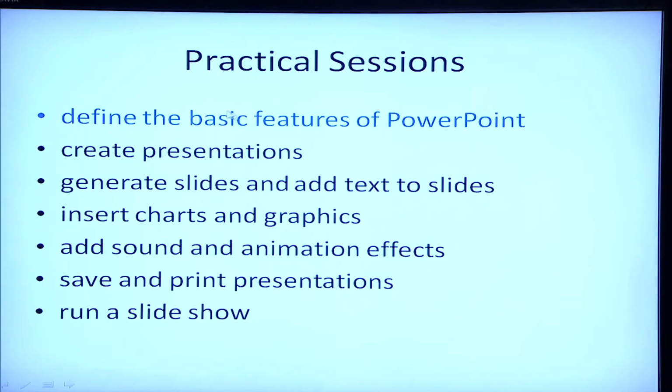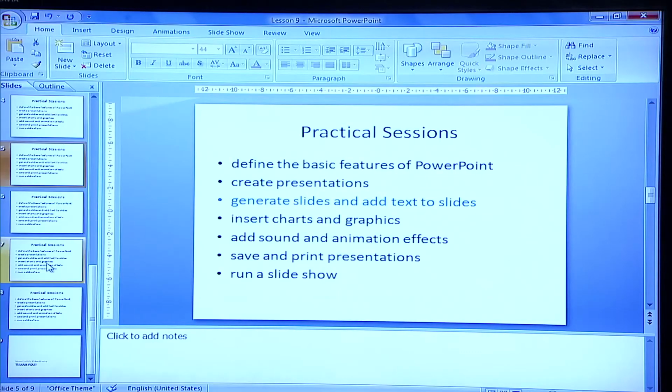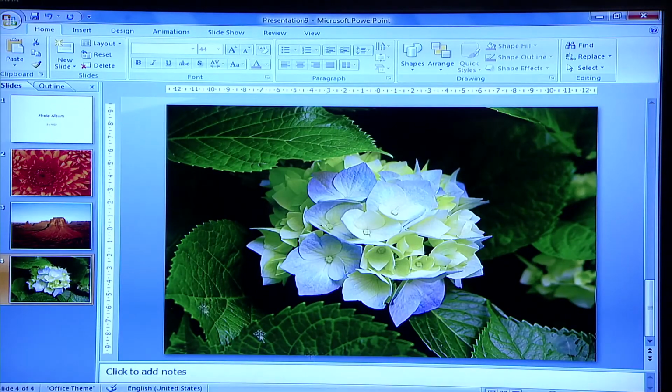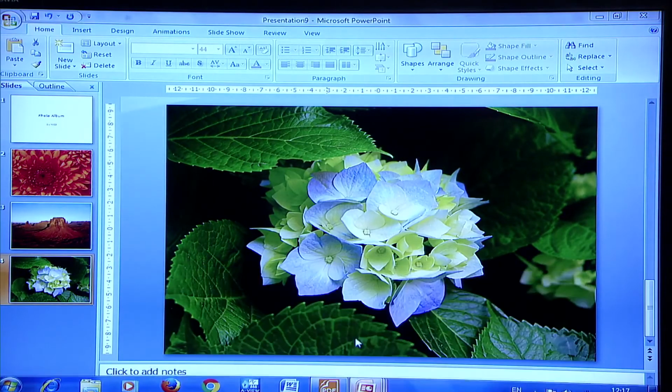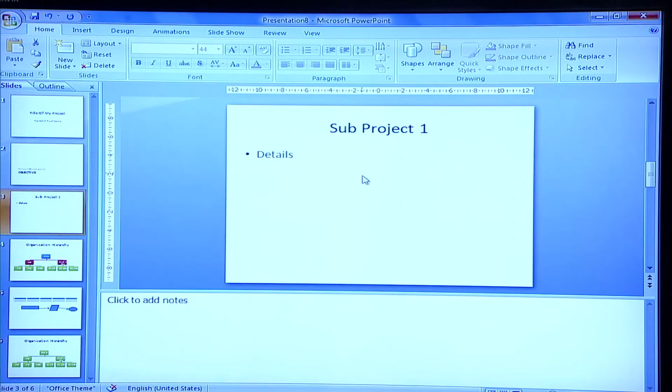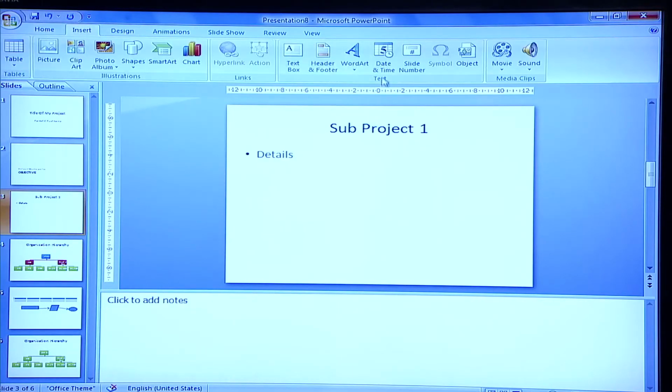So we have defined the basic features, and we have created and generated the slides. Now we want to add text to the slides and see how we can format this text. So I'll refer to the same presentation. Let's add some text over here. You have text on the Insert ribbon.